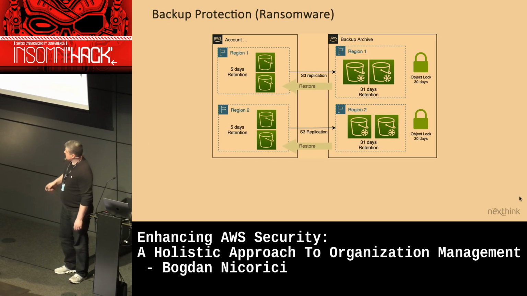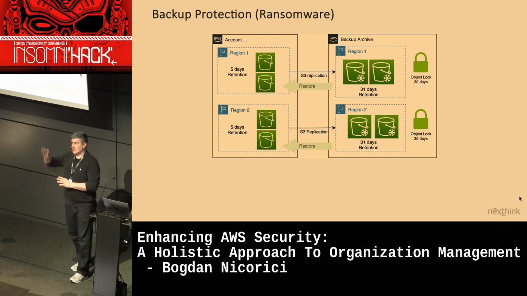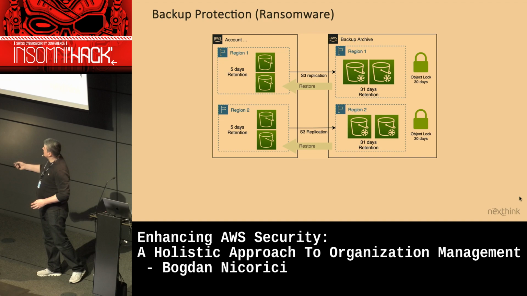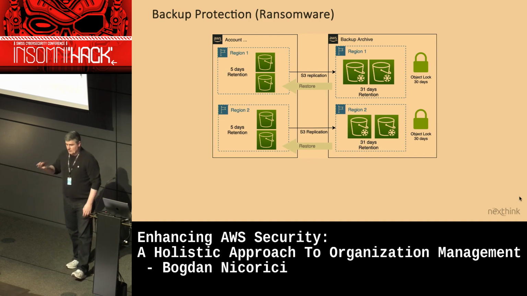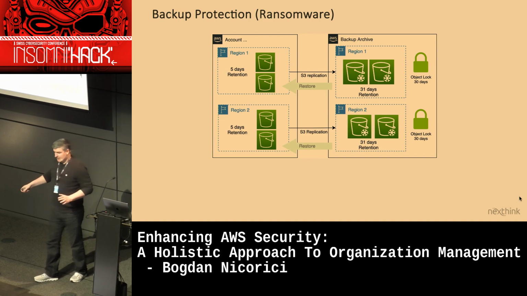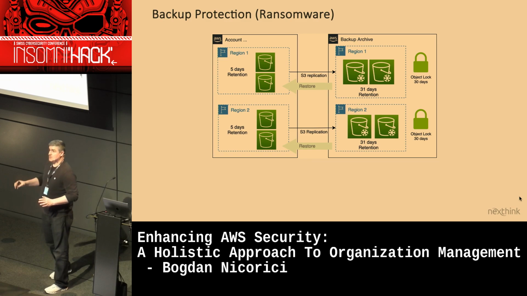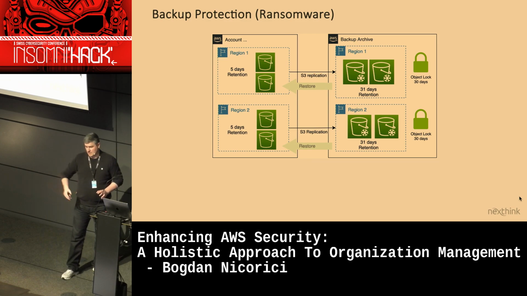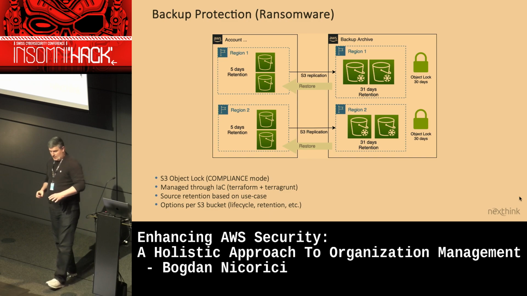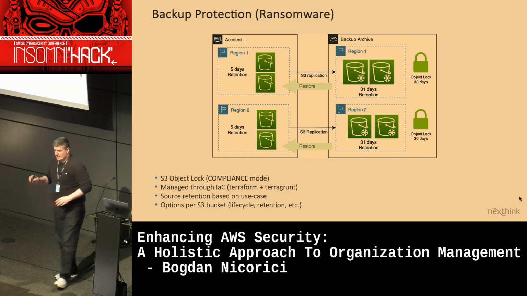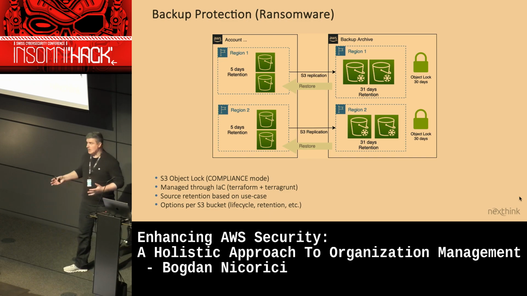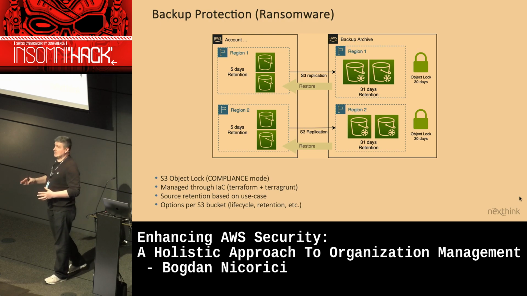The ransomware protection is pretty easy. We created a different account. In this account, we deployed exactly the same buckets as we have in the production one, with one catch, which is that we do the replication. There's an object lock. In AWS, object lock means you have two types. I'm going to be explaining that. We have it in compliance mode. And in compliance mode, it means that absolutely no one can change or modify that data, not even AWS.